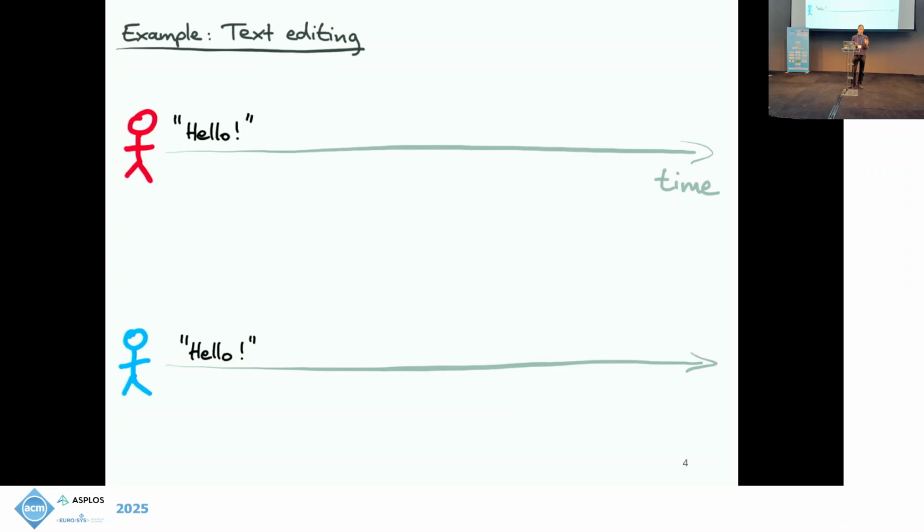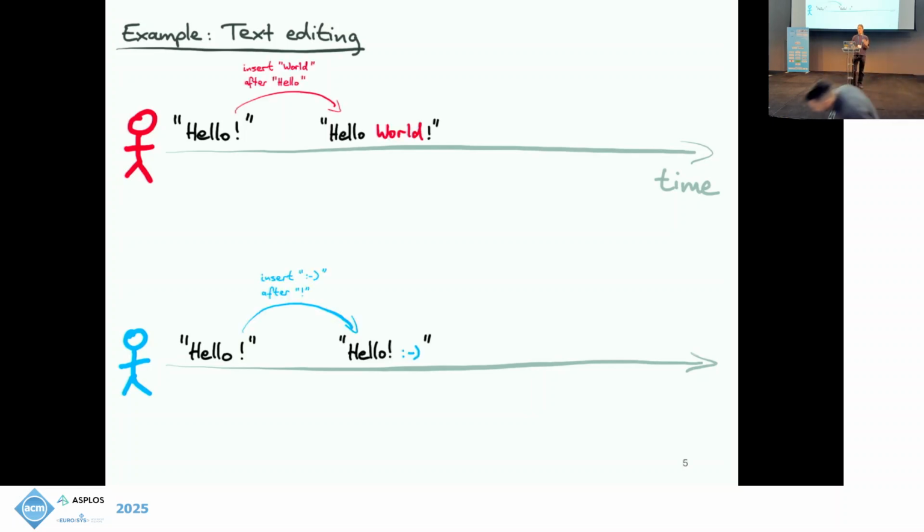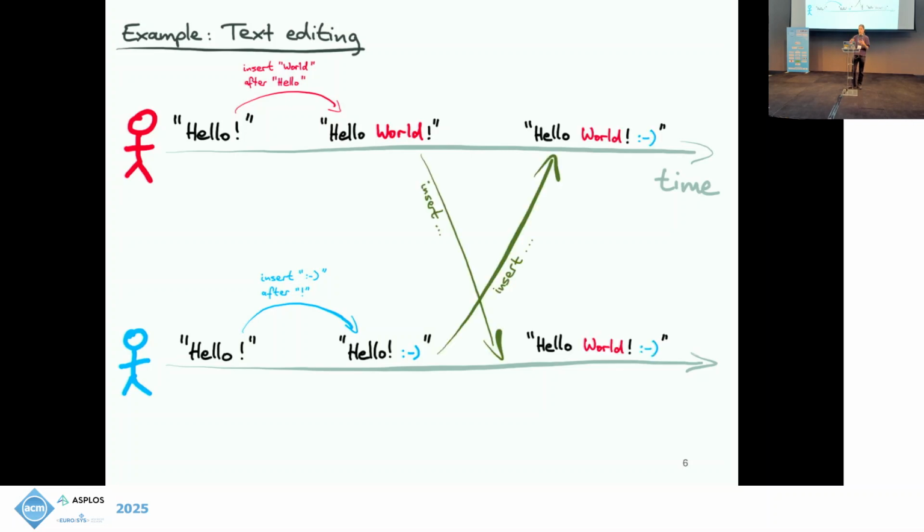And so since you immediately apply edits to the local copy of the document, you can get temporary divergence of the users. So maybe one user types the word "world" before the exclamation mark, and concurrently on a different device, the blue user types a smiley face after the exclamation mark. And then network communication happens, and the algorithm needs to somehow merge those changes together in such a way that preserves the input from all of the users. And so in this case, a sensible merged result would be "hello world! :)"